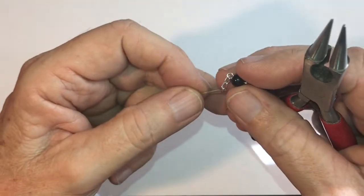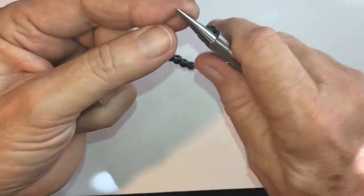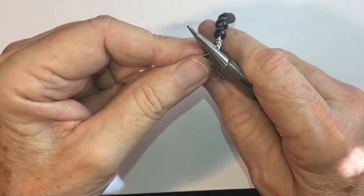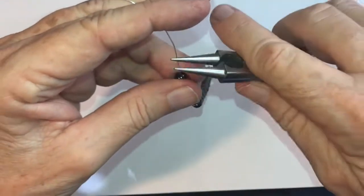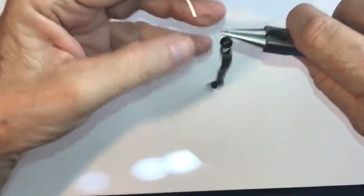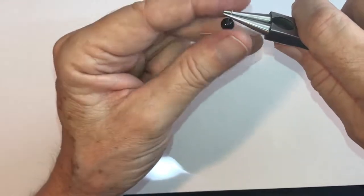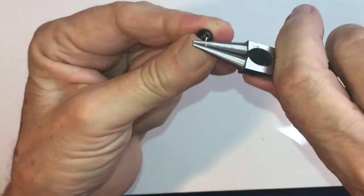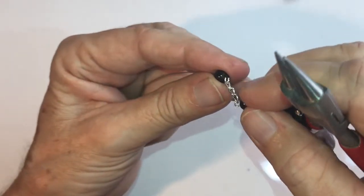Okay, in order to start, we're going to put the first Our Father in, again, against your finger, 1, 2, 3, and then you close it, and then you bring the first Our Father in. When we do the Our Father, we're going to, again, make sure this loop is this way, and we're going to cut the wire longer. Now these are the two that were the same size, so we're going to take this one, put it here,